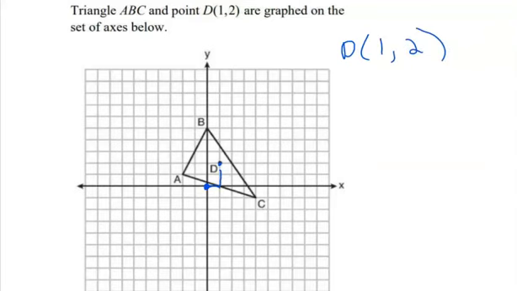So to actually dilate it, I'm going to rewrite D as, I've got to go back down 2, left 1. So I'm going to take away 1, take away 2, to put D at (0, 0). Because I did that to D, I've got to take away 1 and take away 2 from all the coordinates of A, B, C, D. So what I mean is,